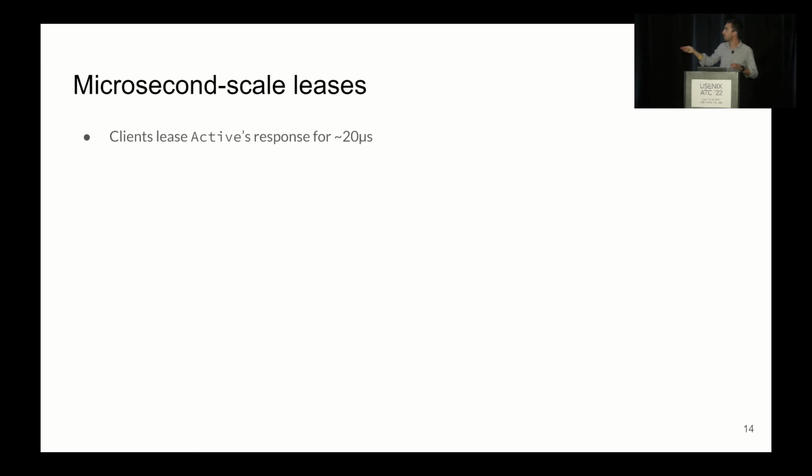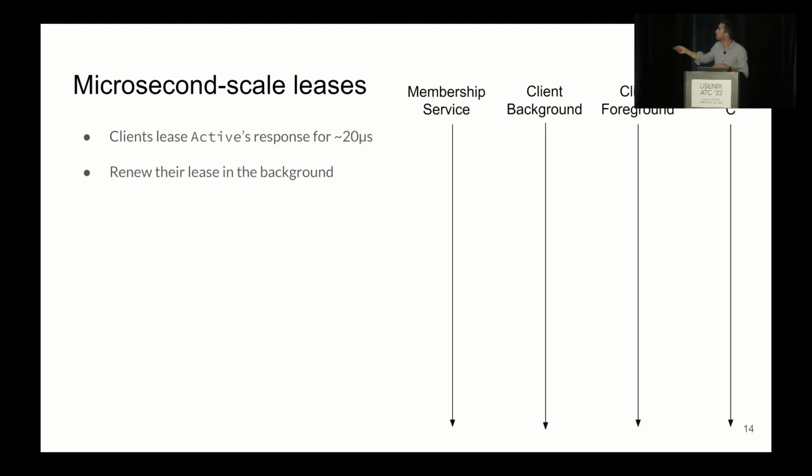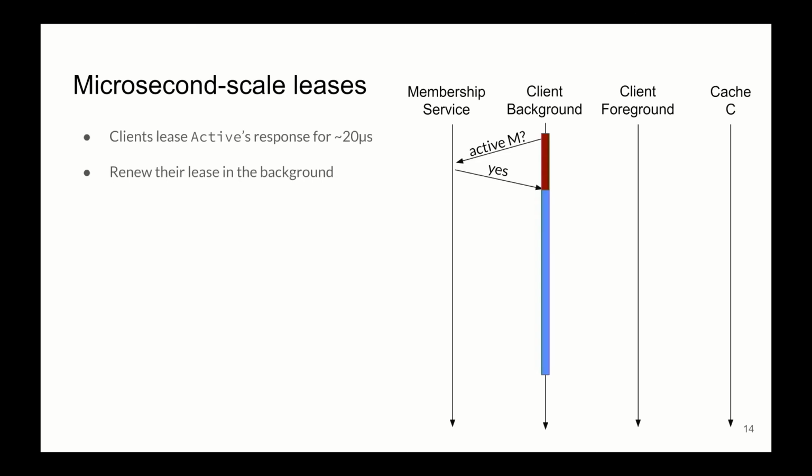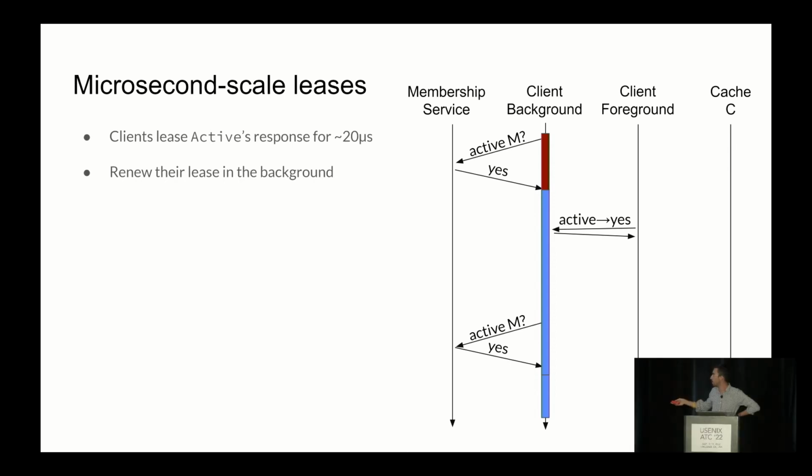So the clients lease the result of the active method for 20 micros. Then they keep on renewing the leases in the background to be sure that they always have some way of getting the result from active locally. So if we go back to our previous example, now the client is split in two parts, the background and the foreground. As I was saying, the background is going to get a lease and renew it. So now, when the client wants to read some data from the cache, it can simply check locally if the membership it has is the active one, with almost zero overhead, read from the cache, and then sandwich the operation again, but with very low overhead,